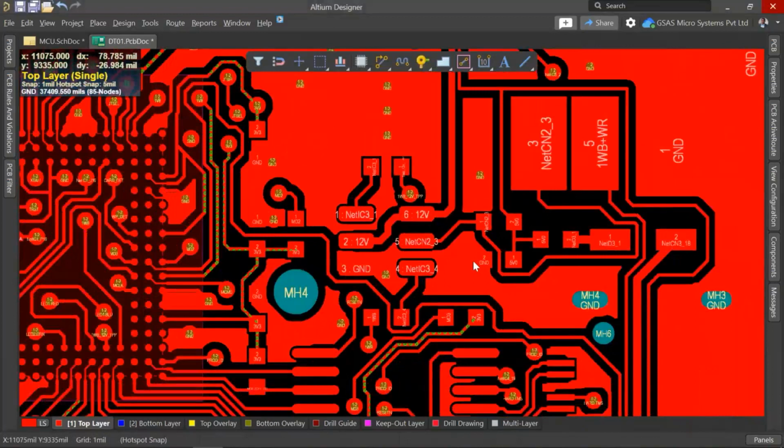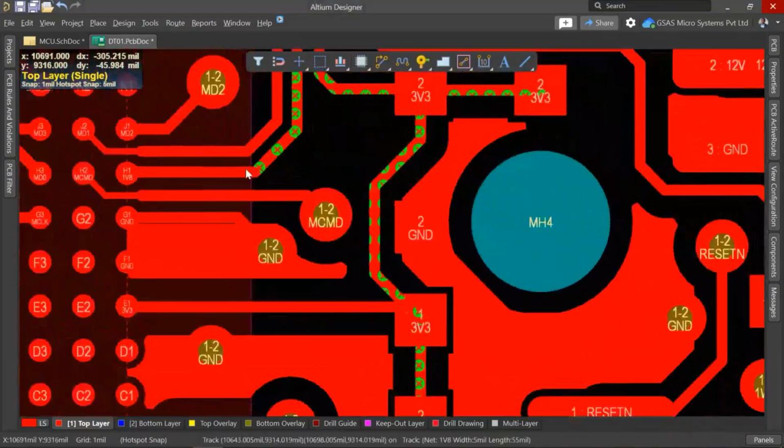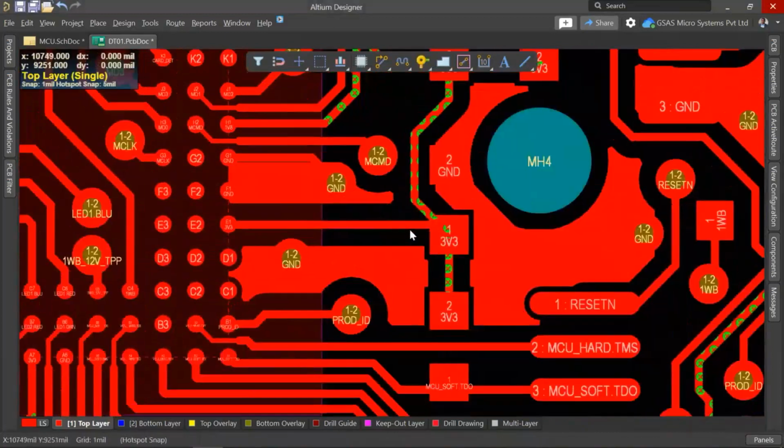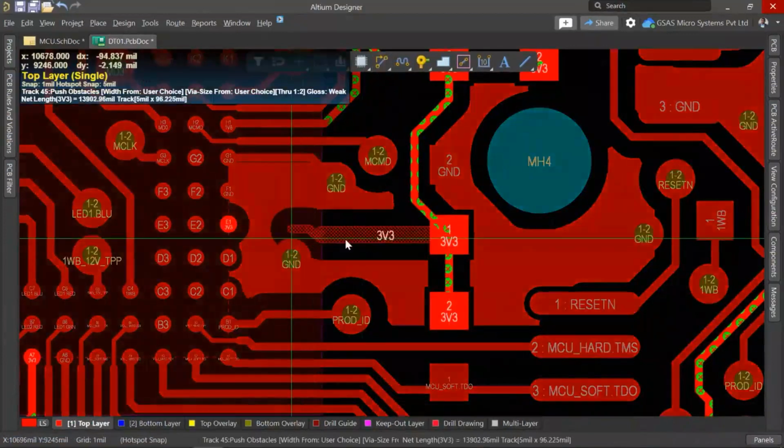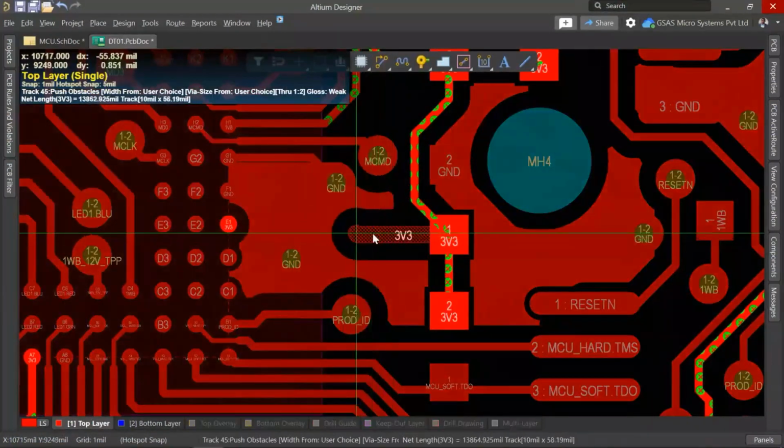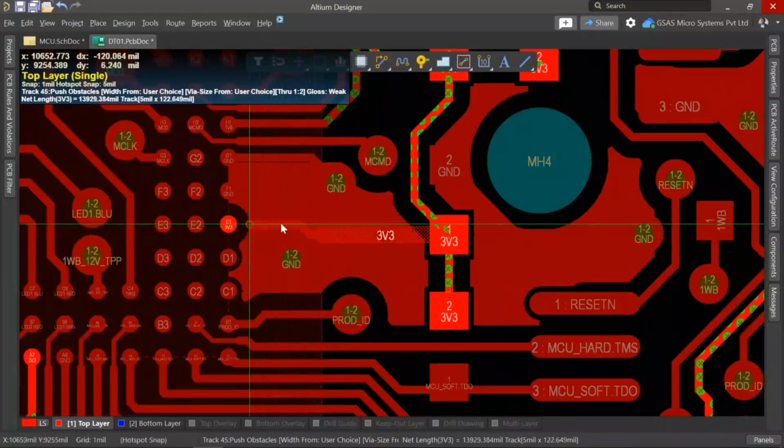Okay, and next we are going to talk about how we can neck down the trace. Let us unroute this. Okay, let me do the routing. See, in the Altium Designer latest version, we have dynamically poured polygons. As soon as the tool is entering the room, it takes the particular width value.